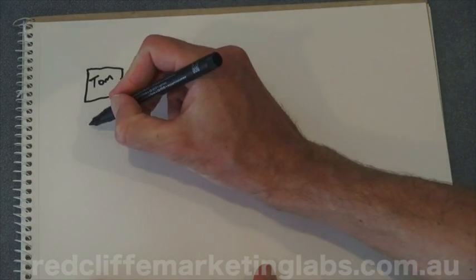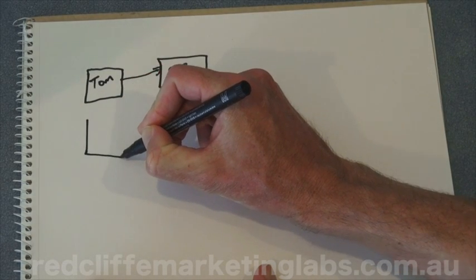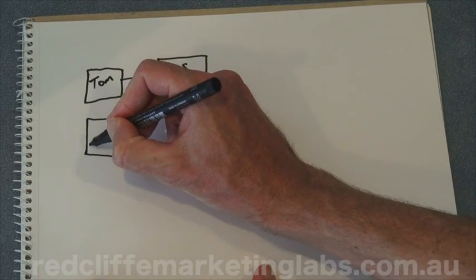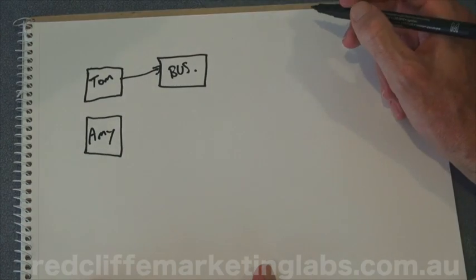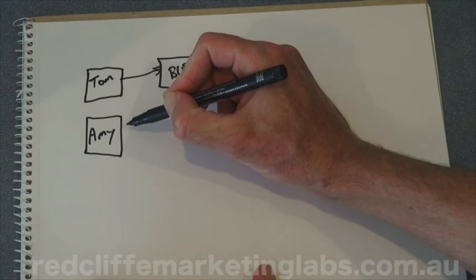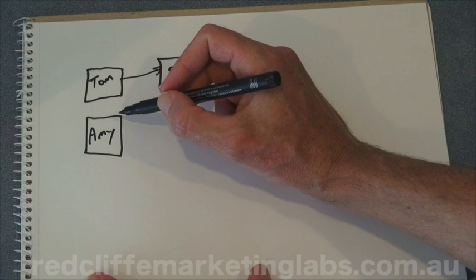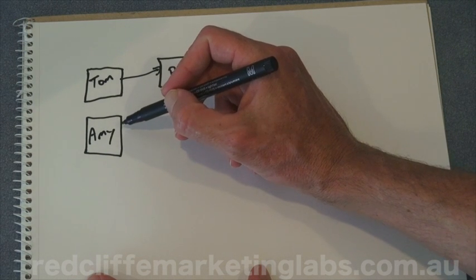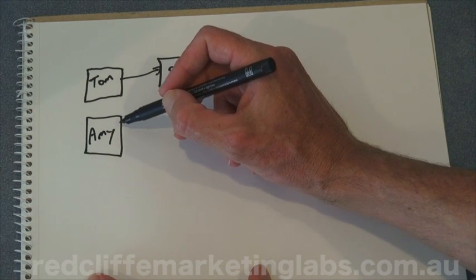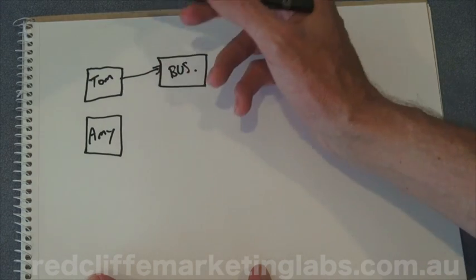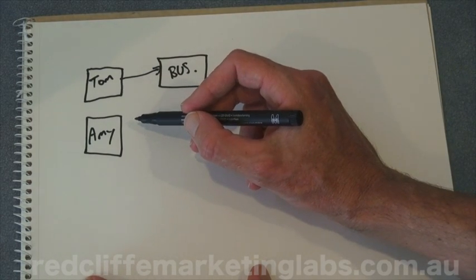Now he may then have an employee come along, or it could be a partner. We'll call her Amy. And so again, she has her own personal profile on Facebook. This is something that only she logs into, and that's what she shares with her family and friends. And it can be totally separate to Tom. They may not have any sort of link at all other than the fact that they work together.